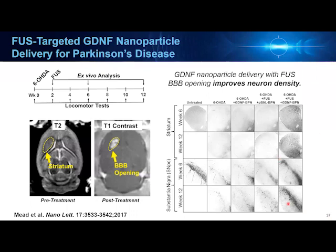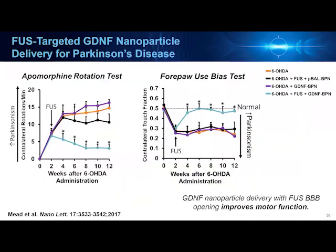And that would be the column here on the far right. And this was interestingly conserved across 2 different time points at which the staining was evaluated. But moreover, rats receiving the BPNs in combination with FUS also saw restorations in their locomotor function, as determined by